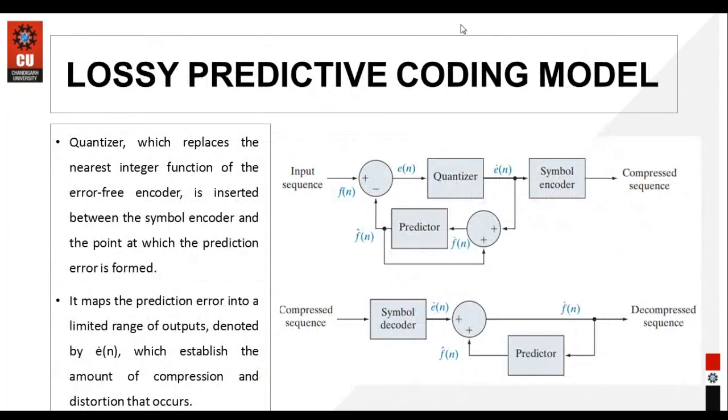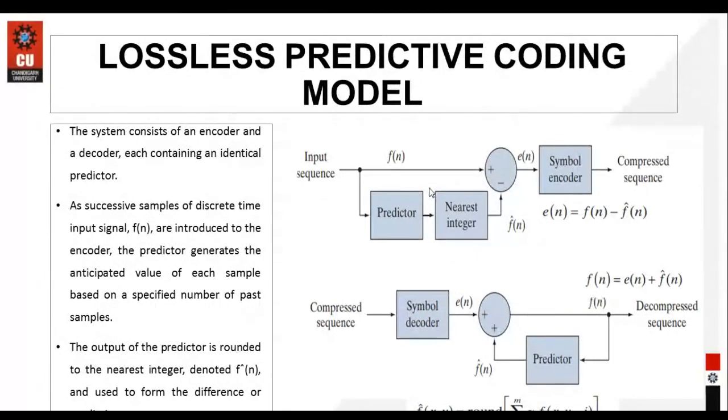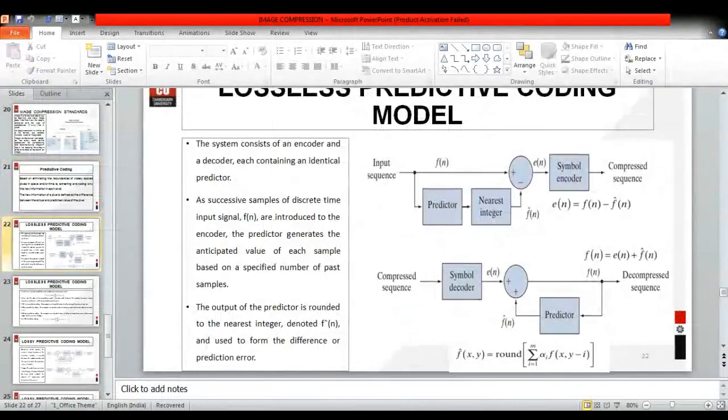And lastly, if we see the lossy predictive coding model, where there is loss of information but high compression rates, there you see the quantizer block is there. So there is always a trade-off. Either we can achieve higher compression ratios by going with the lossy predictive model using a quantizer, or we can go with lower compression ratios while preserving the information, that is, without using the quantizer. In detail about these blocks we'll see in our next session.